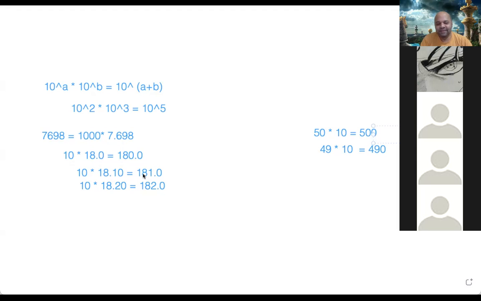What if there's no decimal point? Good question. Everything has a decimal point. There is no number without one. It is just that sometimes you don't write it, but it is always there. Tell me any number and there is a decimal. So 50 is nothing but 50.000, 49 is nothing but 49.00. So it is not that it does not have a decimal point. If after the decimal point everything is zero, then you just drop it. That is like simplifying. We don't have to write it. That is a convention.